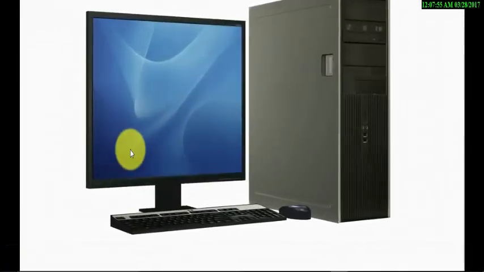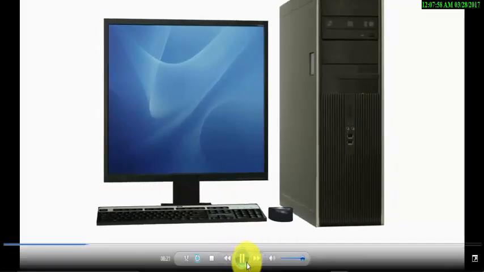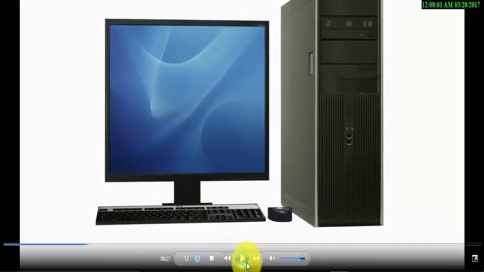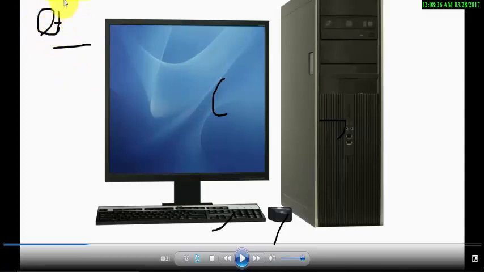A desktop computer is made up of several basic parts. So in this case, students, we are looking at a desktop computer and we are looking at parts of the computer. For example, this is a part of a computer, this is a part of the computer, this is a part of the computer. Now, these parts which we are able to see outside are called external parts of the computer, because we are able to see them outside.